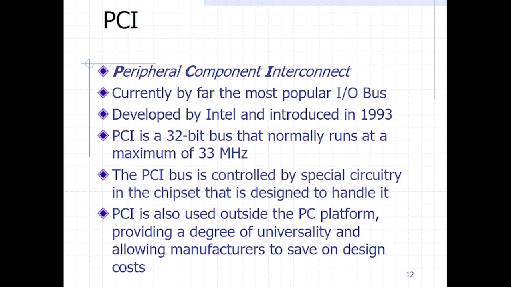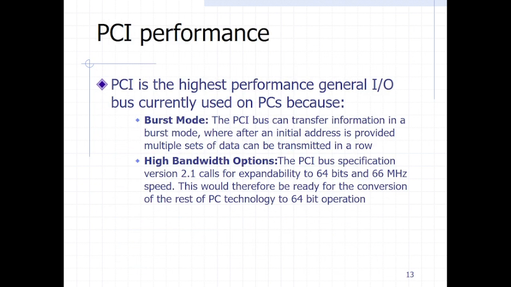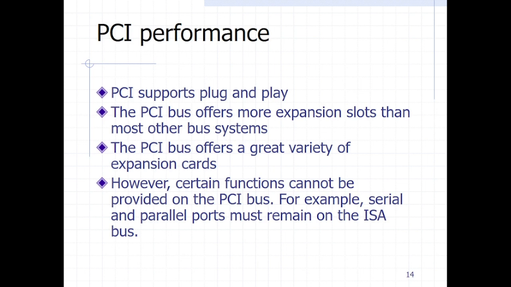The advantage of the PCI is that it offers the burst mode. So it has enhanced the performance generally on how the input and output devices communicate. It can transfer information very, very fast. It also offers high bandwidth options, so you can have speeds up to 66 megahertz, and of course, even much better than this. These are the advantages of the PCI. It improved performance from